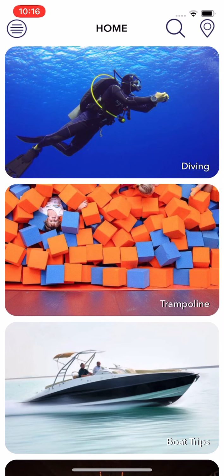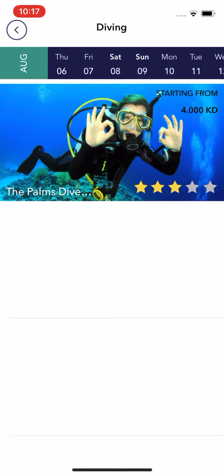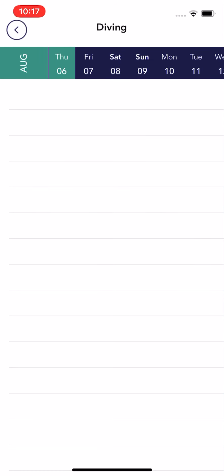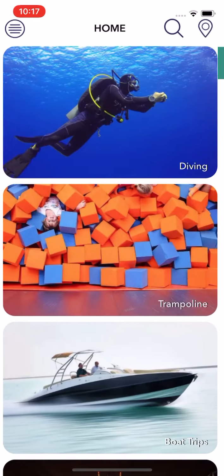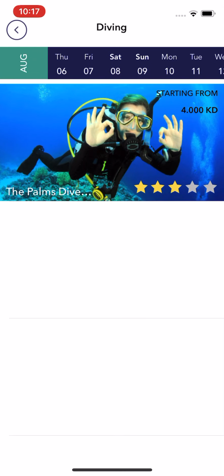Now the thing is, when we click on any service category, it will show all the service providers, though they are not available on today's date, still we are showing it just for listing. But when we click on a particular date, like the 6th, it will show how many service providers are available on this date. So on selection of the date it shows those available, but when I click on the category, it will show all the service providers.